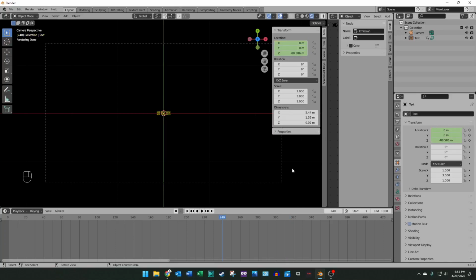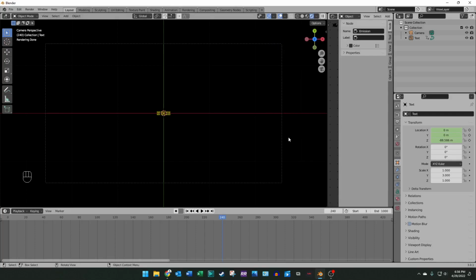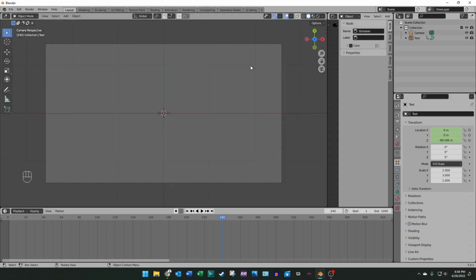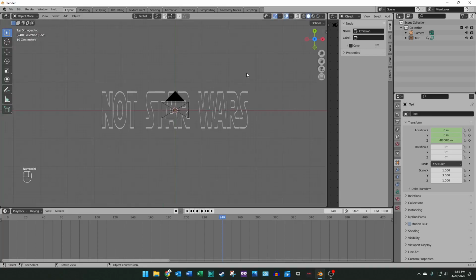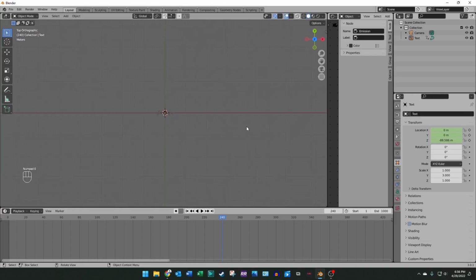Okay, so turns out 10 seconds after the text starts zooming away, that's when the text crawl starts. So let's show you how to do this text crawl. Also, a very quick way to change from rendered view to object mode is just Z and then numpad 6. Now you press 0 to exit camera view. And now you can see,